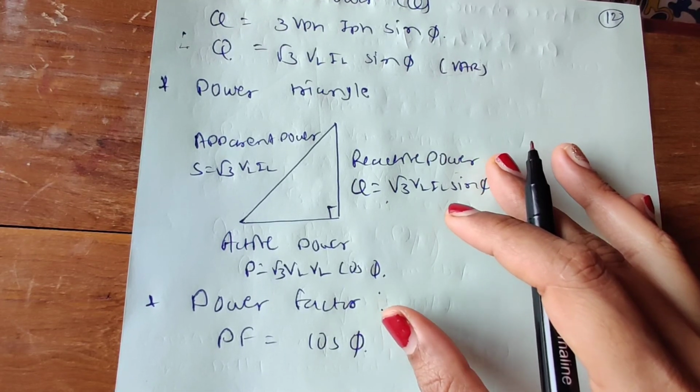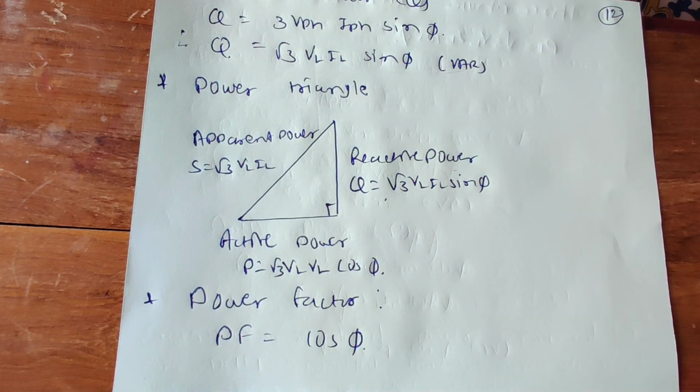For the delta connected load, you also have to consider the numericals which relate the values of current, and the relationship between voltage and current, line current, phase current, line voltage and phase voltage. Also you need to consider the power equations that define a delta connection, the impedance value, and how to write the total power, apparent power, reactive power and active power. Everything one has to consider, for the theory as well as for the numerical point of view.